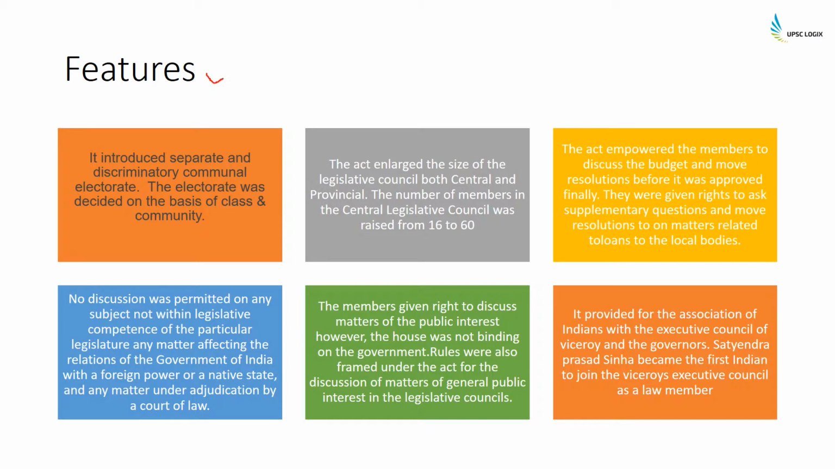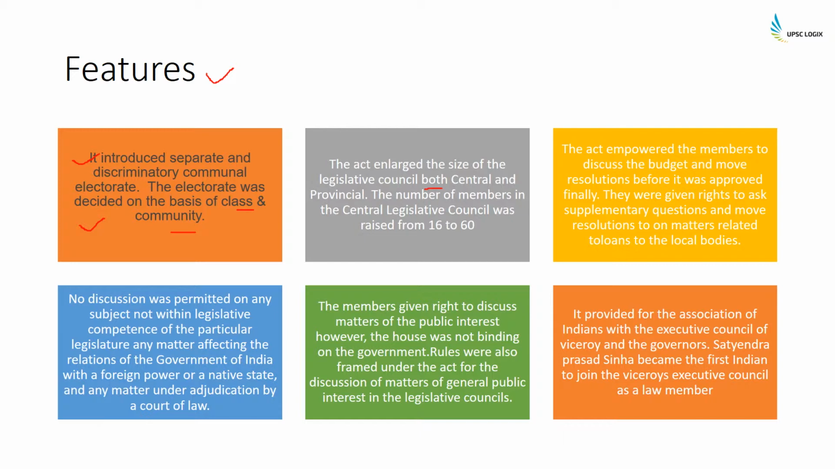So the features of the 1909 Act were: number one, it introduced separate and discriminatory communal electorates. So this is the beginning of communal electorates in India, and the electorate was decided on the basis of class and communities. So the policy of divide and rule was started from this place. Then number two, the act enlarged the size of the legislative councils both at central and provincial levels, and